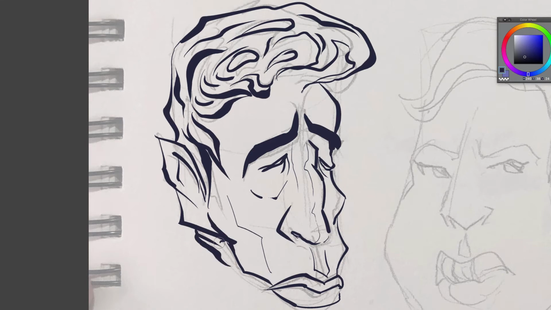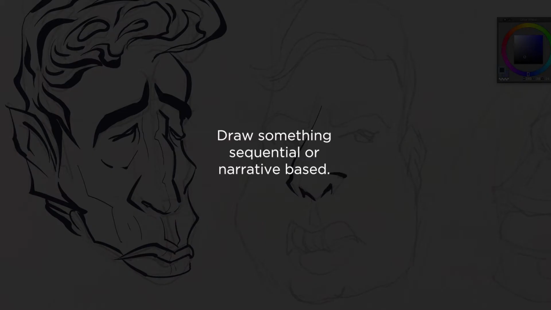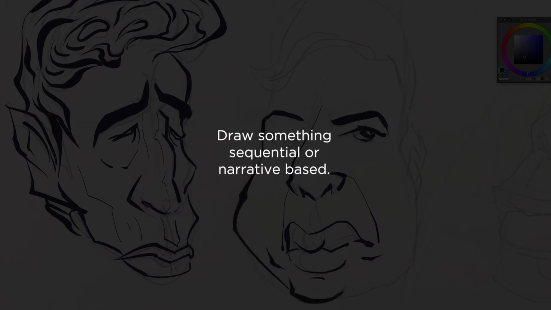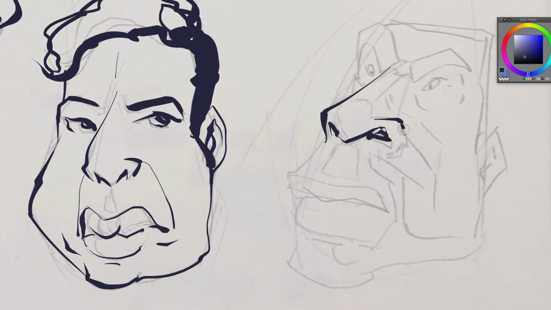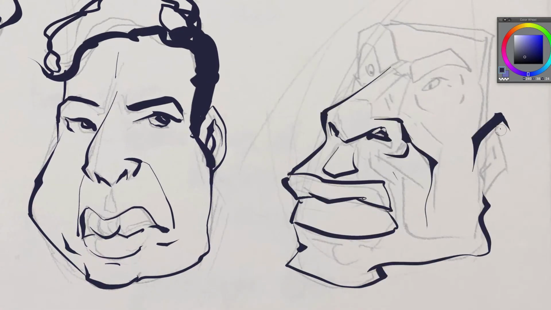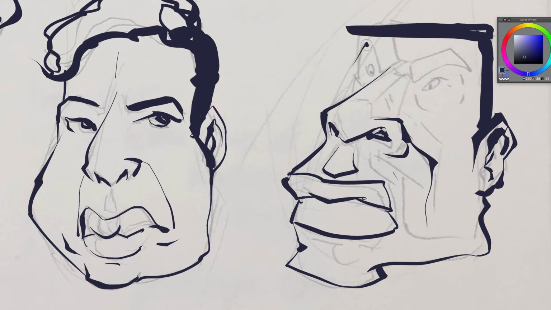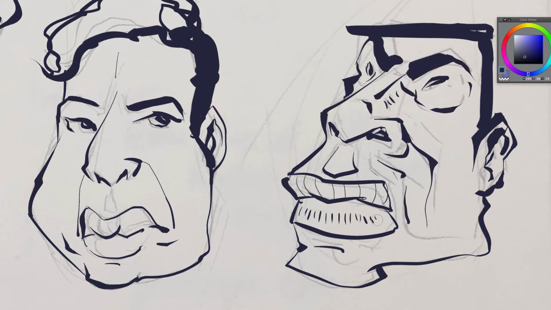Okay, so that's one other thing that you could do. Another thing you could do is come up with a story of some sort. Just think of a sequence of events, and then you can start sketching out thumbnails or drawing stuff related to that, or characters related to that, and try to build a little world. And I find that that gets your creativity flowing,